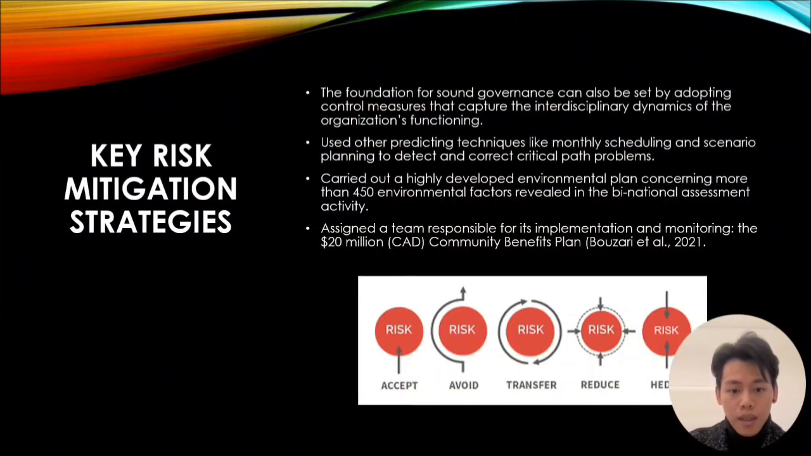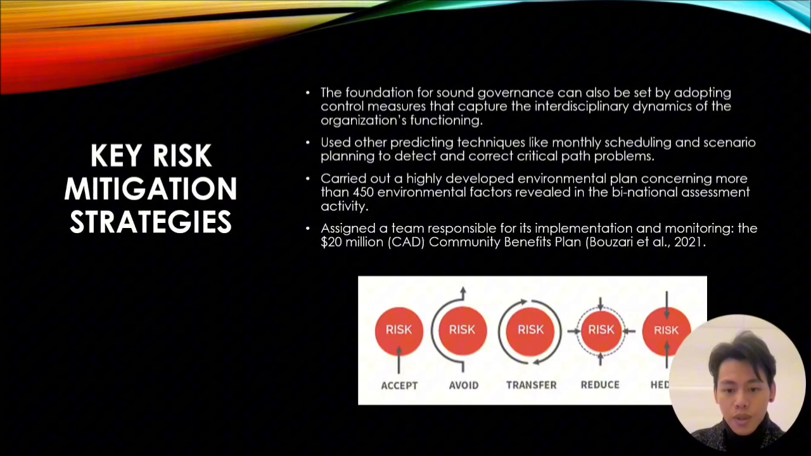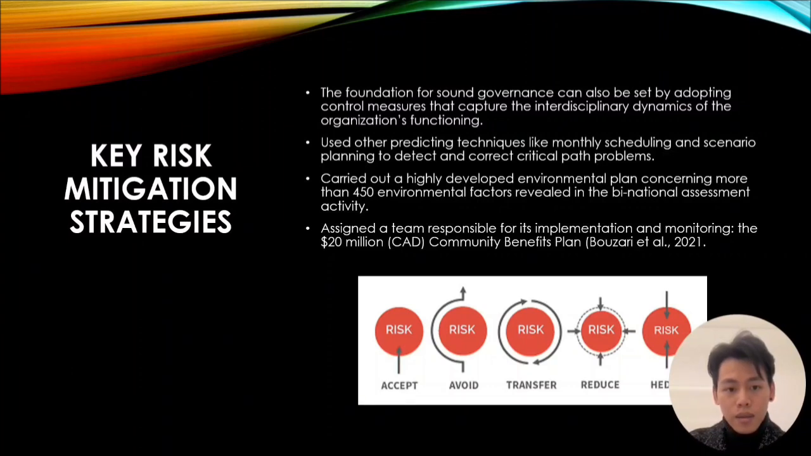There are 5 types of risk mitigation strategy, which are accept, avoid, transfer, reduce, and hide. In our case, we think it's best to adopt the control measures that capture the interdisciplinary dynamics of the organization's function, and we use other predicting techniques, monthly scheduling, and scenario planning to detect and